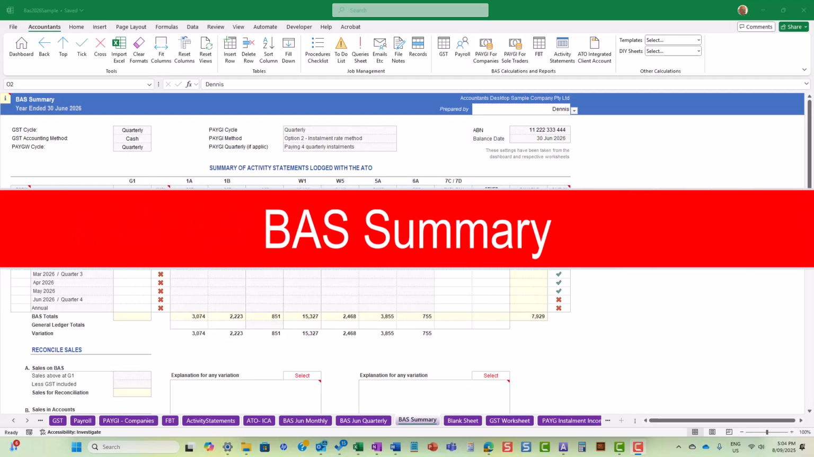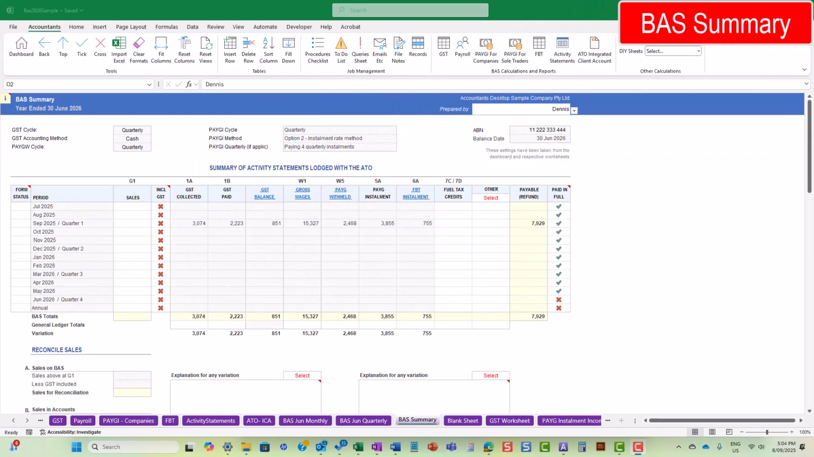And finally, the BAS summary is automatically updated as you enter information to the other sheets. At the end of the financial year, you can copy and paste the summary to the client's annual accounts job